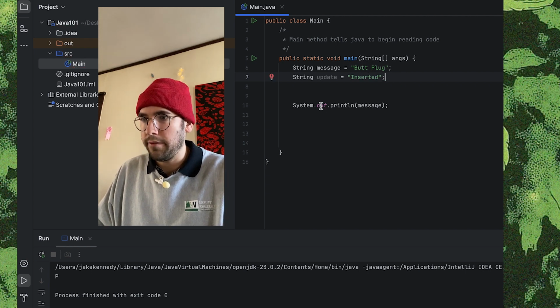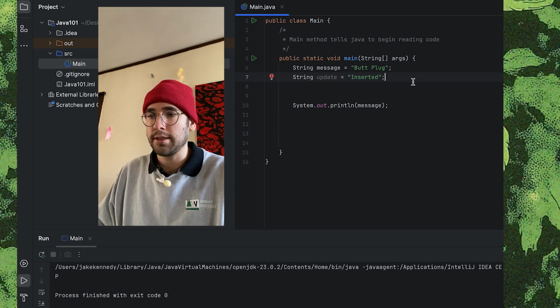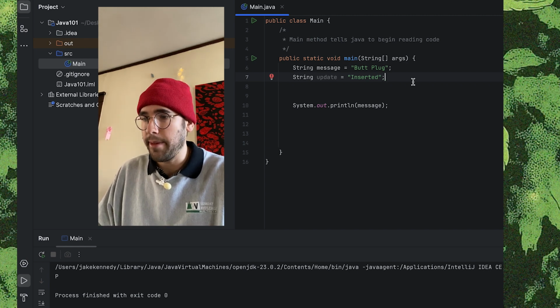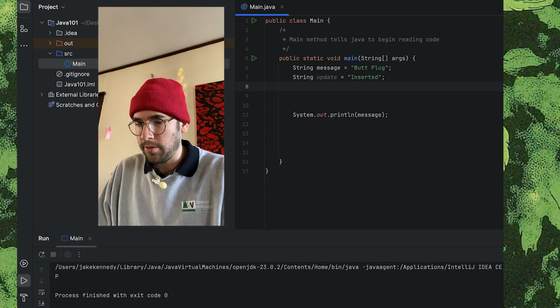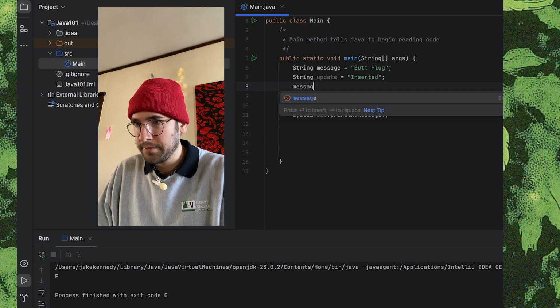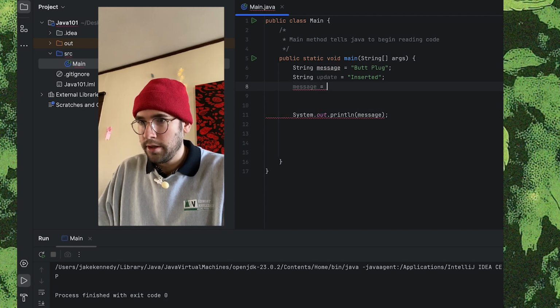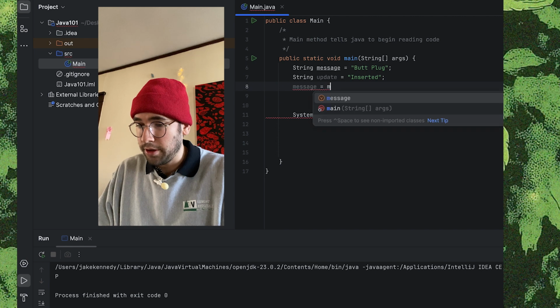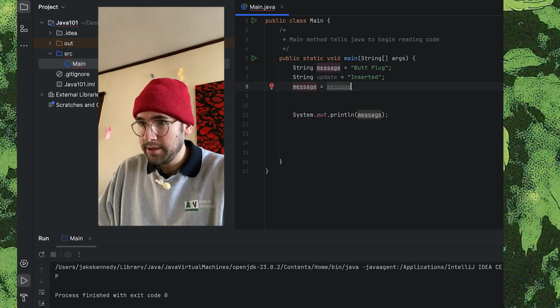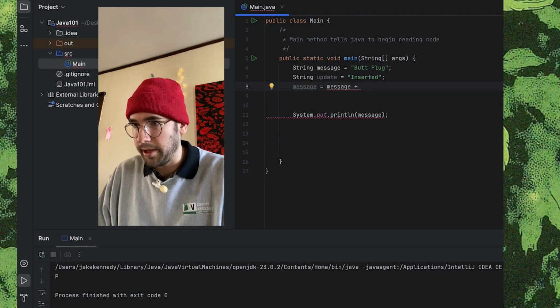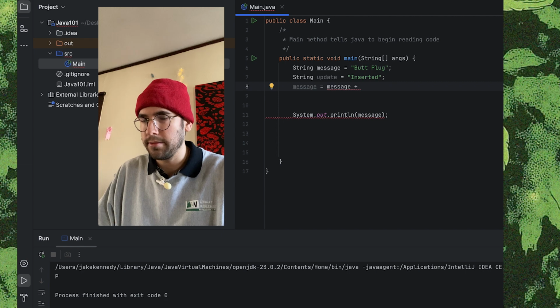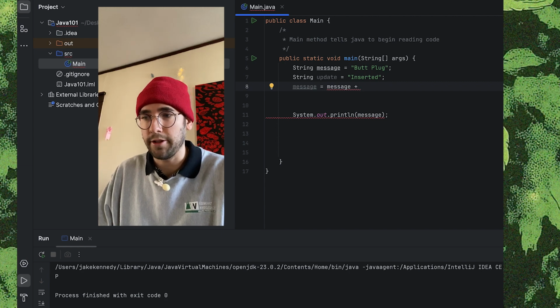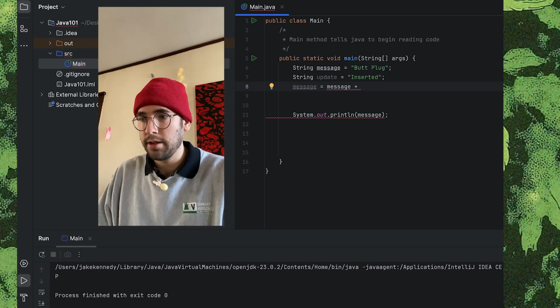So now we have that, and it's called reassigning. So we're going to reassign the message so that it has more than just butt plug. So we're going to do message equals message plus, and there's another way to do this, but this seems way easier, so I'm going to do that for now. But you can also do concat.